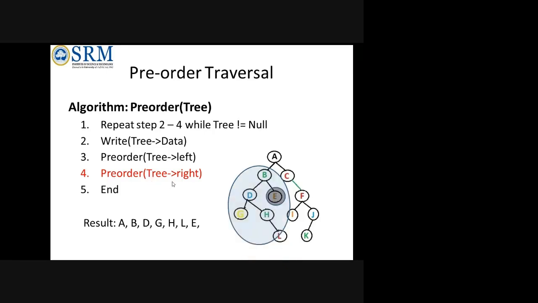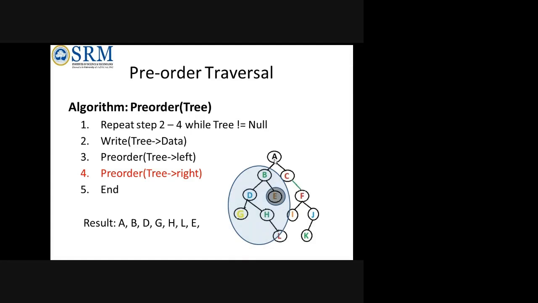So now when you come to the right, here is another point I forgot to tell you. Listen here, in this child, this has been printed. Now you see for B, the entire left is being processed. The entire left is over for B. So when it comes to B, the entire left is processed. Now it will see that E is not printed at all. B has an E node there, a right node, which is not visited till now. So now E will be printed.